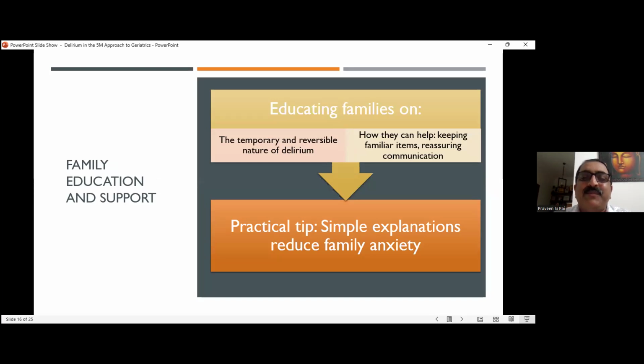Keep it very simple. Sometimes doctors or health workers put in a lot of medical jargon, because then there won't be any question, since they didn't understand. They will ask you questions only if they understand. So a lot of jargon will be there. In two sentences, there will be at least five medical terminologies. So reduce that.